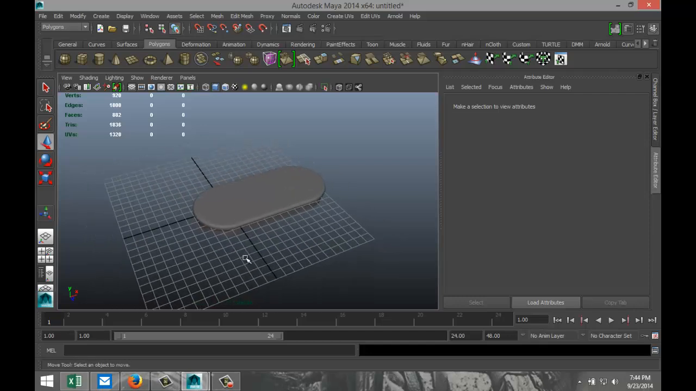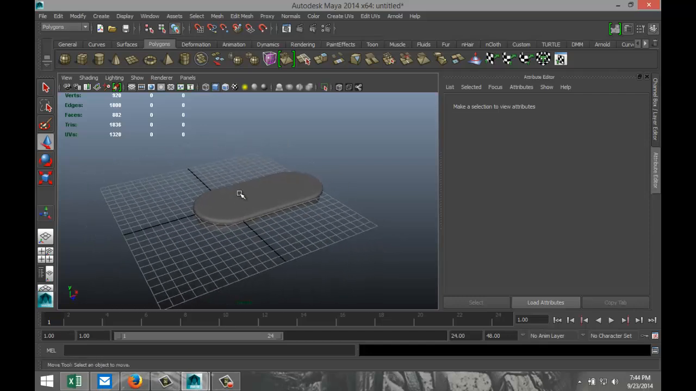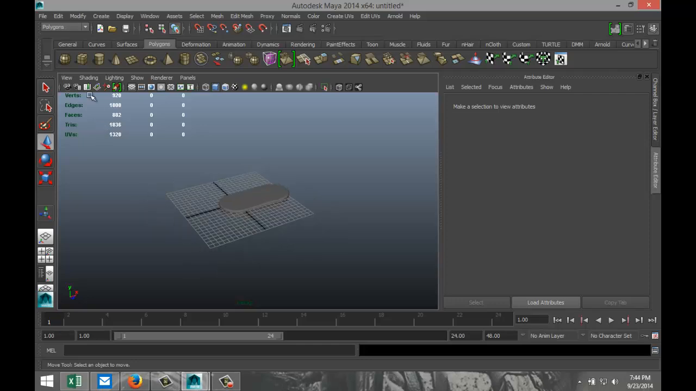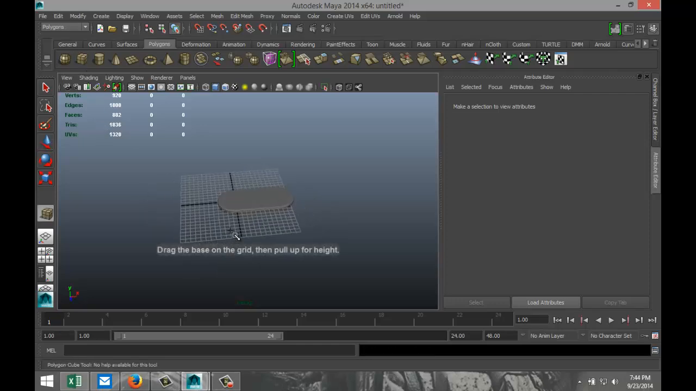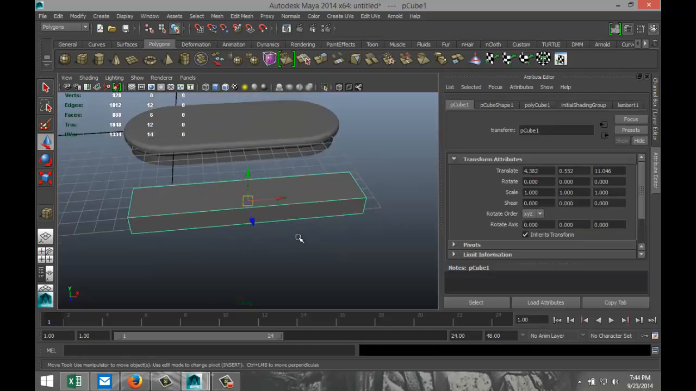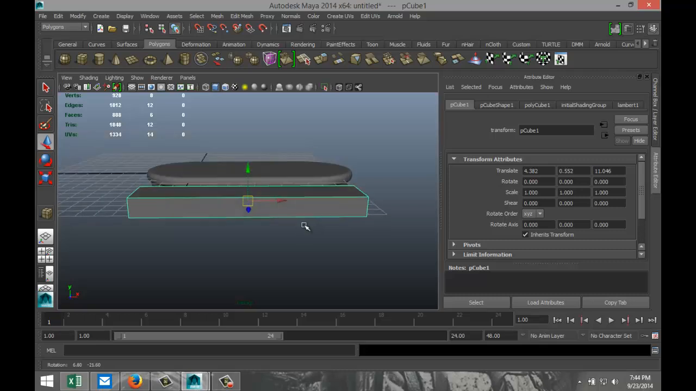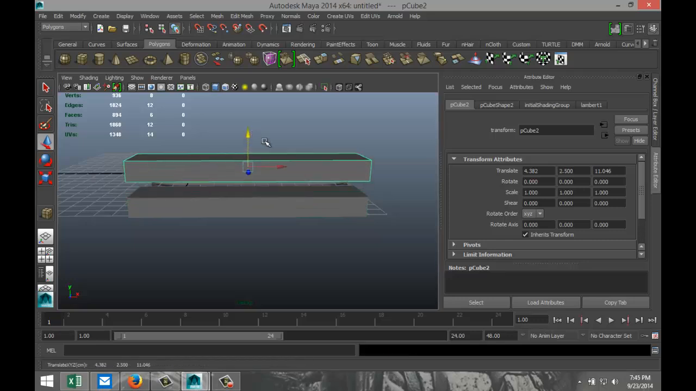Okay. So now next, we're going to create the first step here. So for that, we're going to create a polygon cube. Drag that out in the grid. Pull it up, something like that. All right, we're going to hit Control D to duplicate that, pull that up, hit R, scale it in, something like that,